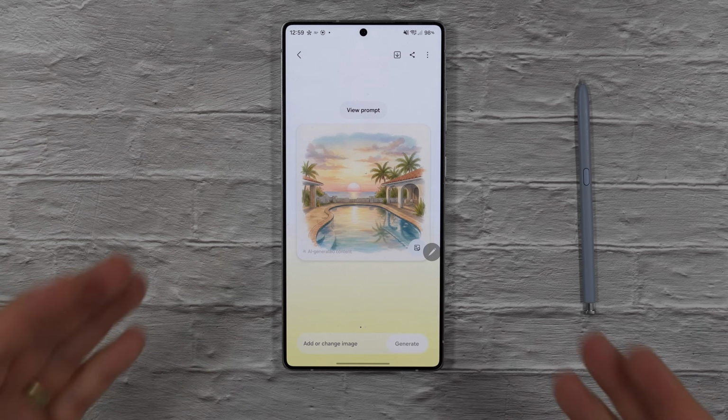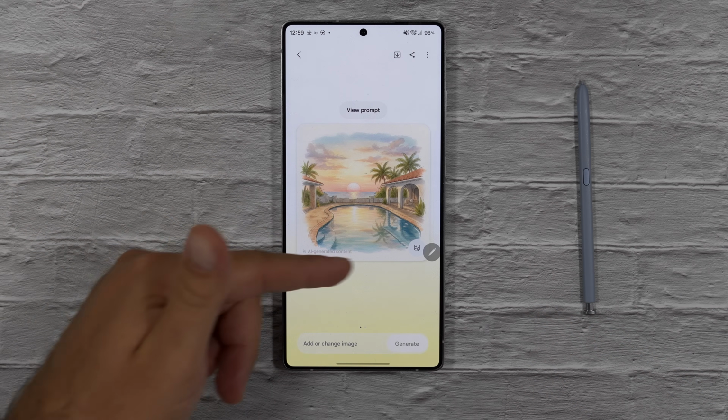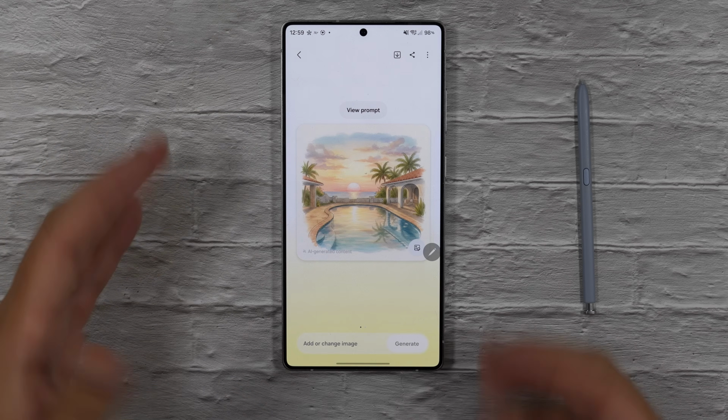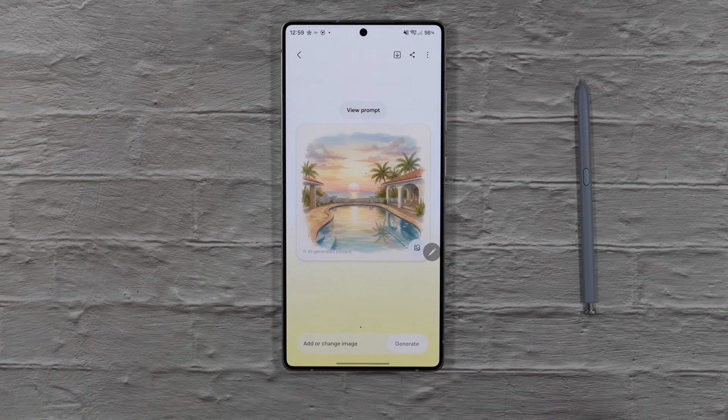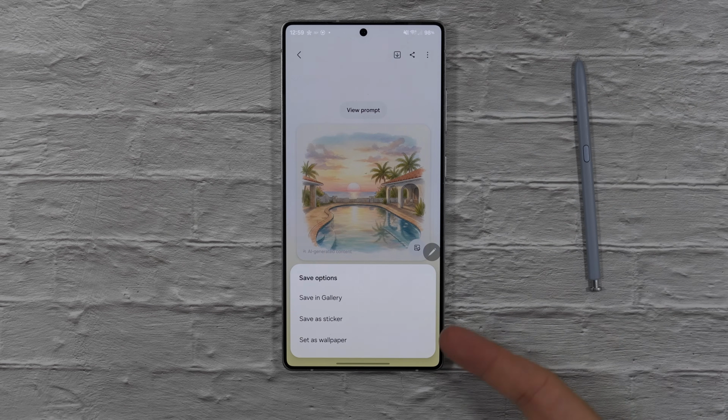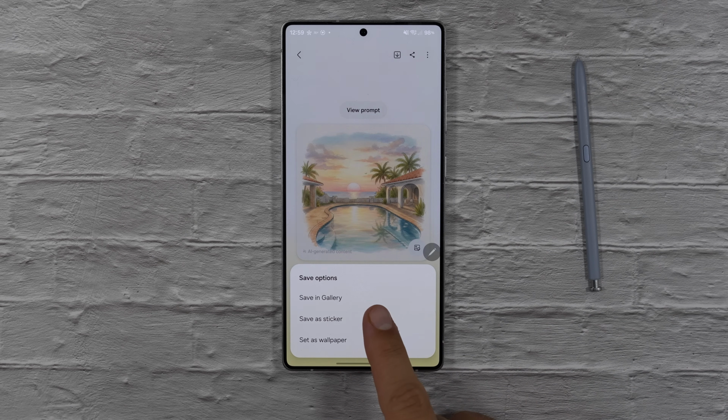And look at that. Again, it's taken all the colors, the pool coping, the shape of the pool is there, but then it's got the villa and it's got the sunset. Clever. From here, you've got a couple different options. Up at the top, you can save it. You've got the option to save it in the gallery. You can save it as a sticker, or you can save it as a wallpaper, straight directly to your lock